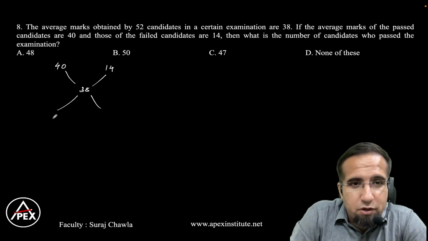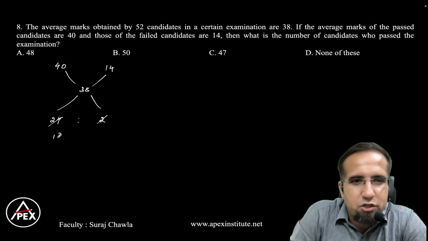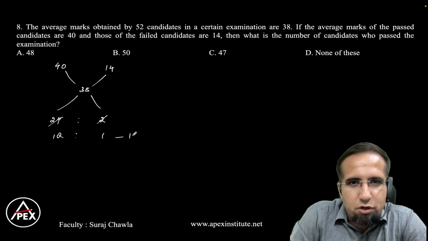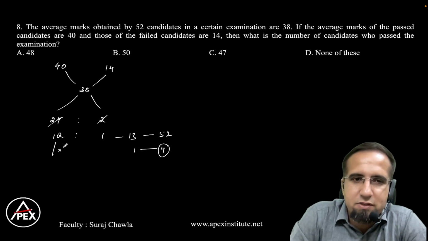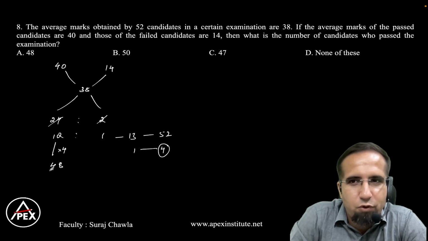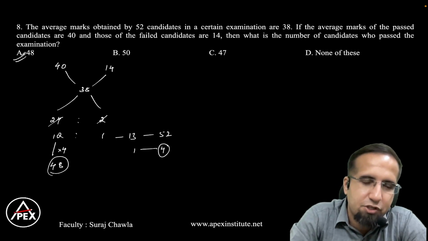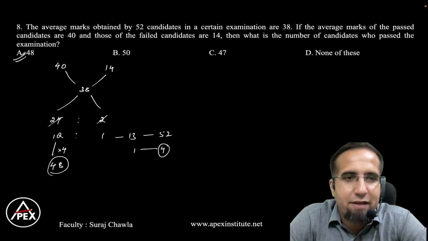So this will give us 24 and this will give us 2, which means they are in the ratio of 12 is to 1. So 13 parts is equal to 52, which means one part will be equal to 4. So how many students passed? That is 12 into 4. That means 48 students passed the examination,